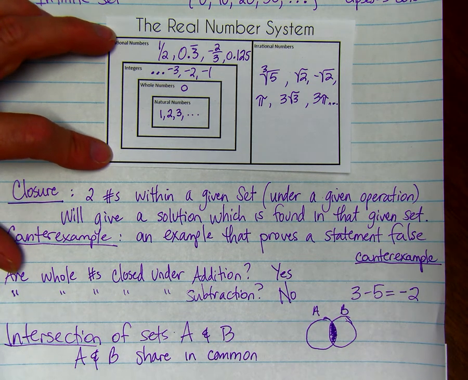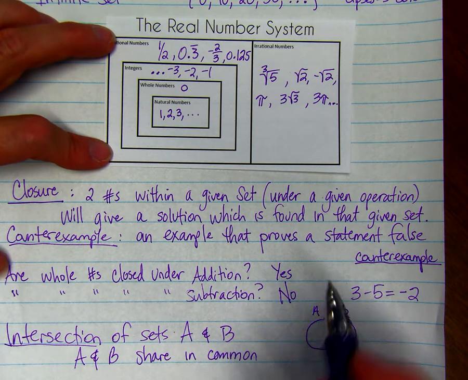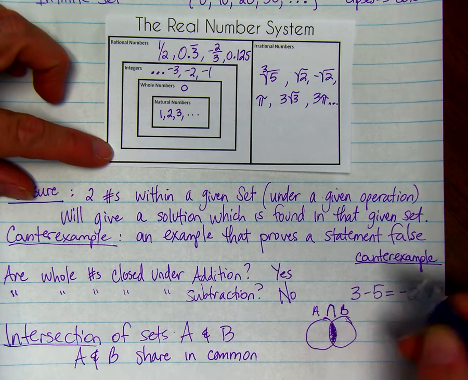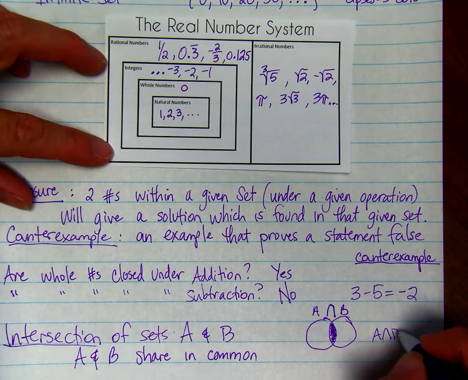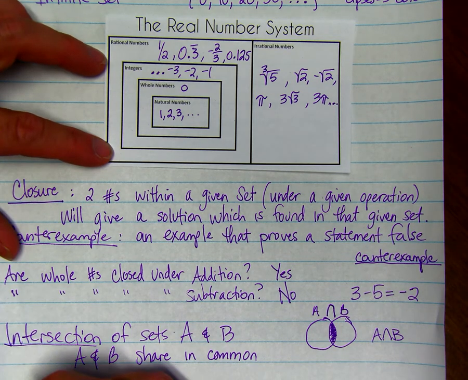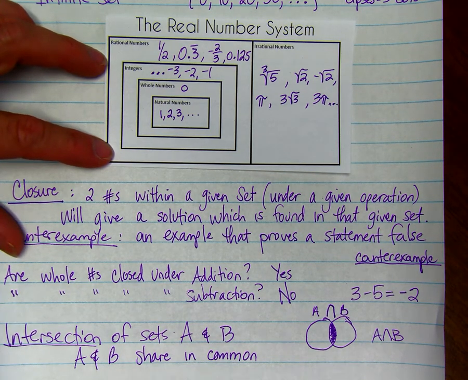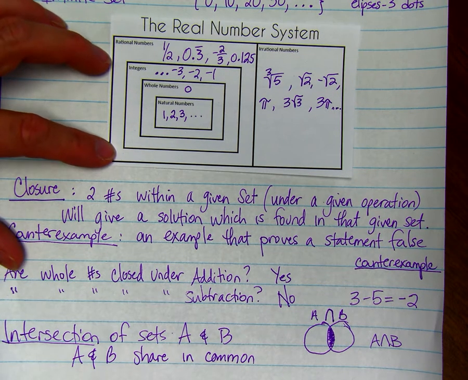Then we have the definition union of sets A and B. I forgot to tell you the intersection, if you're going to name the intersection of A and B, you put a little, like a hump between them. So A intersect B is what they have in common. So the union of A and B, you put with the little capital U in between them. A union B. It's basically all the elements